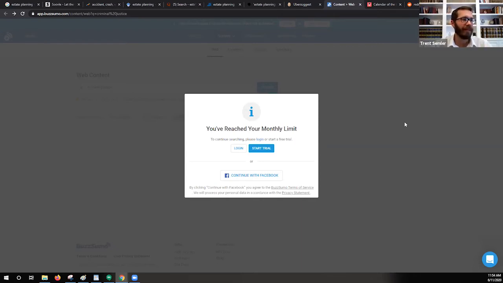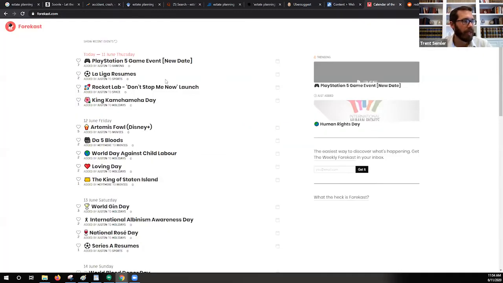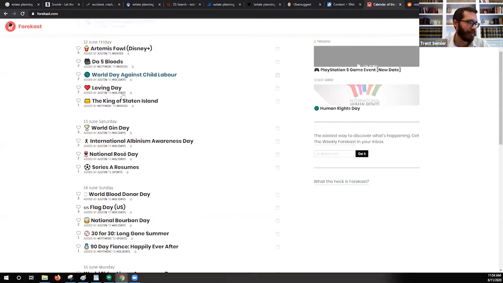Right. Yep, exactly right. So I got two more here for you. This one is Forecast, and I actually found this one fairly recently. All this is showing is the things that are happening from day to day. So you could probably use this for a blog if you were in a pinch, but I would say this is probably handy if you just want to shoot your list a quick email, or if you're looking for something to share on social media. It'll show you,